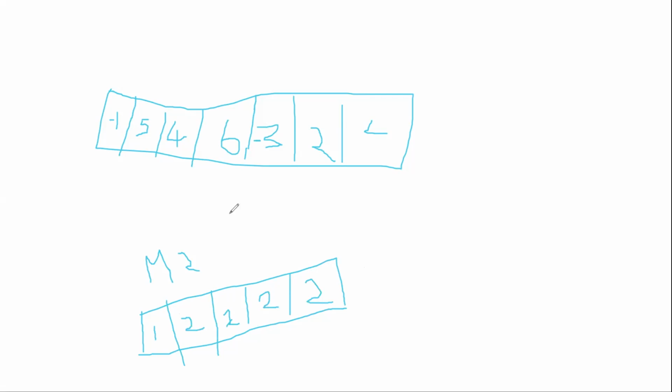So this is an array of size 5. So what we can do is we start from position 0. We take the value of this. So this is 1. Another thing is the values in this are from 1 to n,